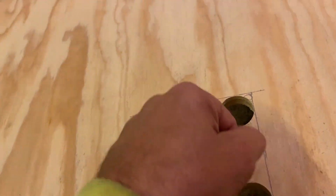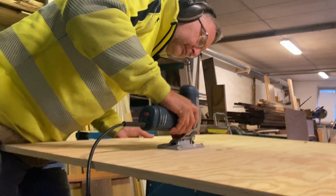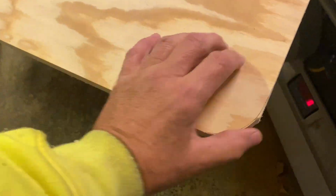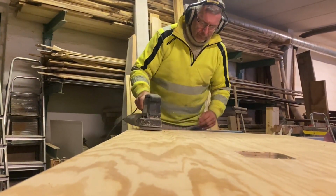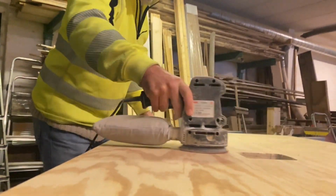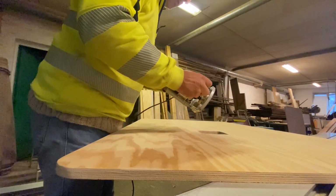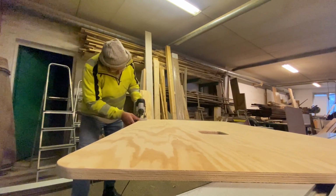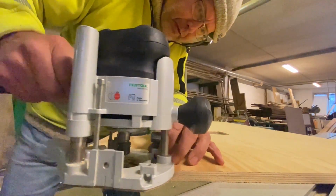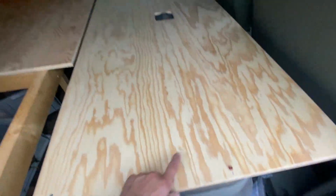So, now just cut. So I cut off the edges there and there. So with my router I'm gonna put a radio. So now I've been screwing down this plate on the